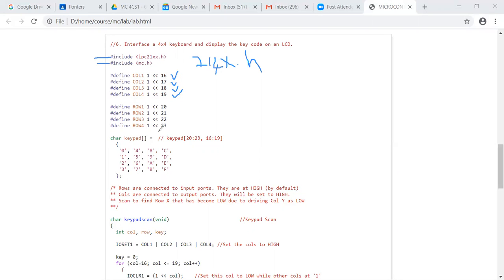And the keypad switch data structure is given here. It's a single dimensional array. The first row is 048C. Actually, rows are on the microcontroller board vertical. That is, 0 is this, 4 is this, 8 is this, and C is this way.